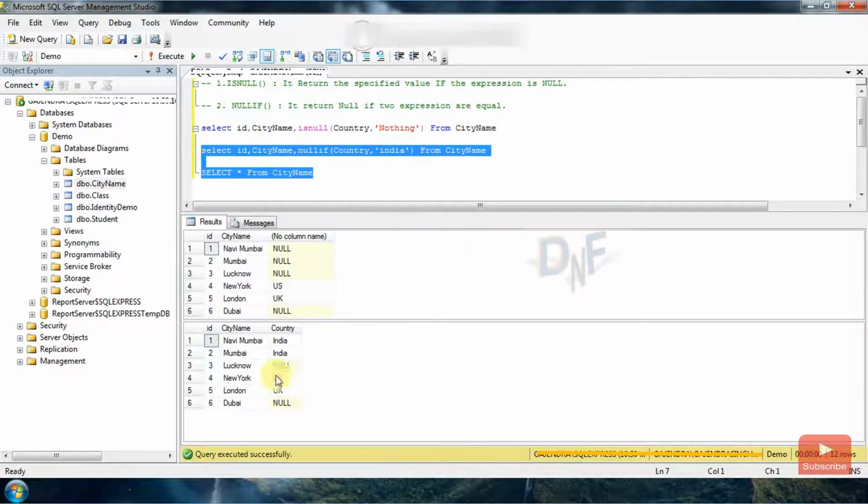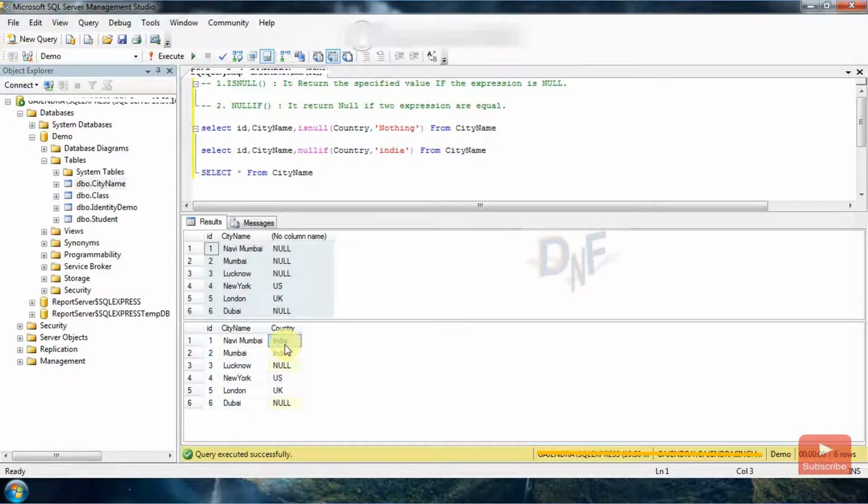with the actual record, you just compare. This table is the actual table, and we want a result set like that. If the country name is India and I want to display the null value, then we can use NULLIF. If the country value is India, then it returns null. For the rows that are already null, it returns null as well, since it is already a null value. So this is the use of NULLIF functionality in our query.